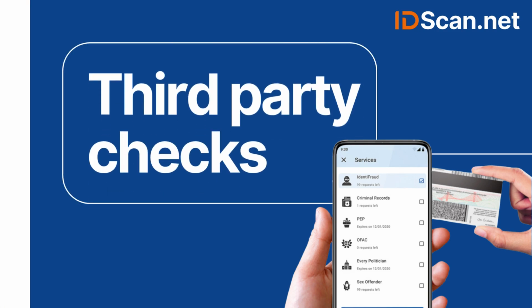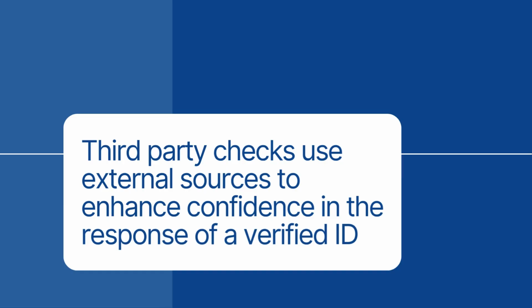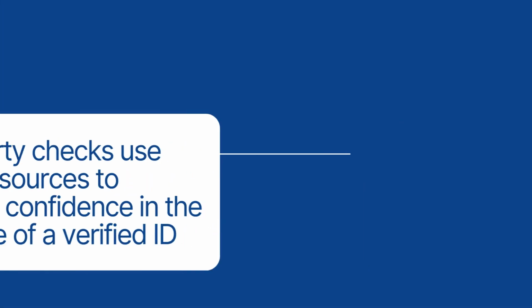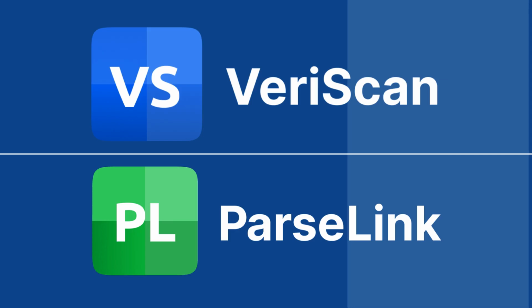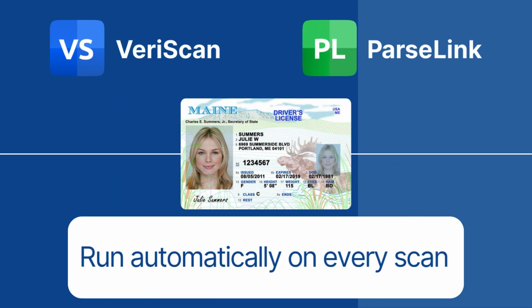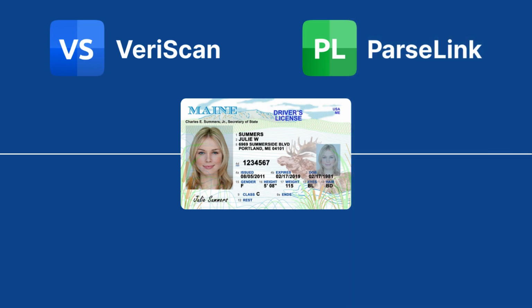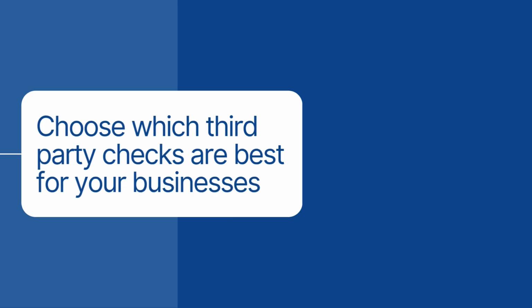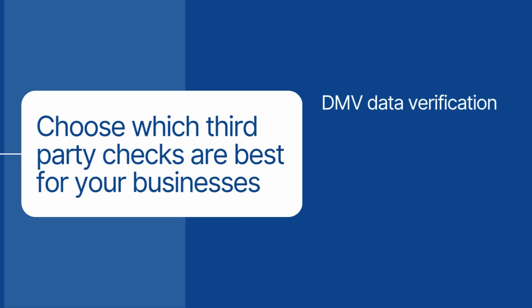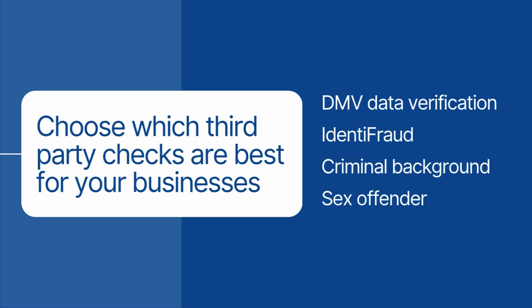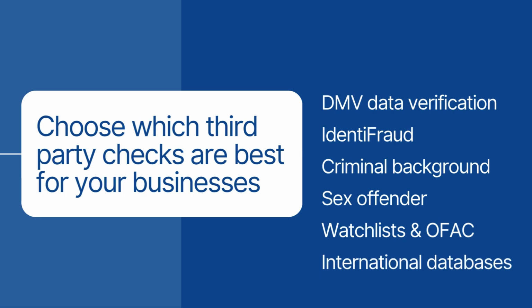Third-party checks use an external source to enhance confidence in the response of a verified ID. Within IDScan.net products, third-party checks can be configured to run automatically on every scan or queried on demand as needed from within the product or the cloud portal. Available checks include DMV data verification, Identifraud, criminal background checks, sex offender checks, watch list and OFAC checks, and international